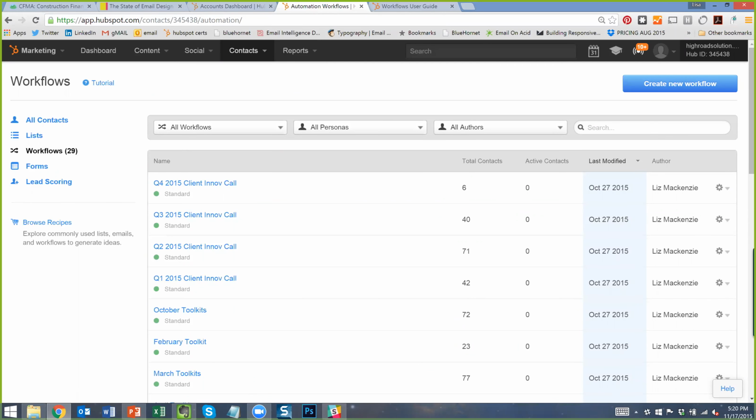Since workflows is under the contact dropdown, it's got all the different things you can go to here for contacts. So contacts, lists, forms, and lead scoring. We're not going to be talking about that today, but I just wanted you to know why it's listed there. All right, so